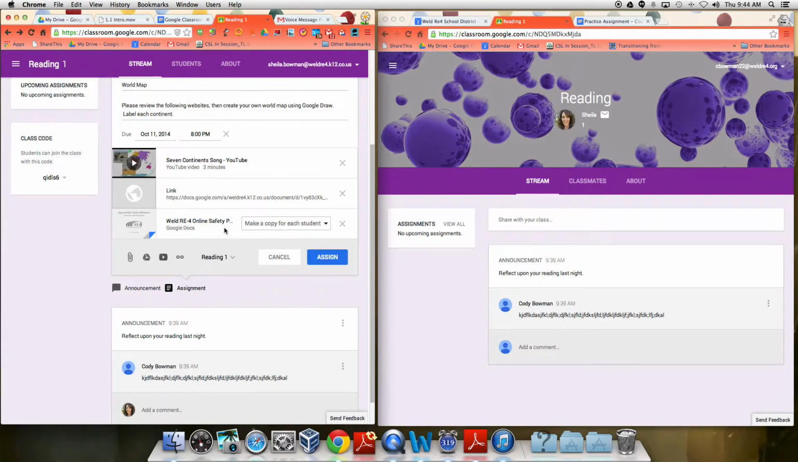And once you make a copy for them, they are able to go in and edit that, and it automatically shares that assignment with just you. So they will have a copy, they will go in and put their answers in, and then it will share it back with you, and it will name that. In this instance, it would name it Weld RE-4 Online Safety Protocols / Cody Bowman,